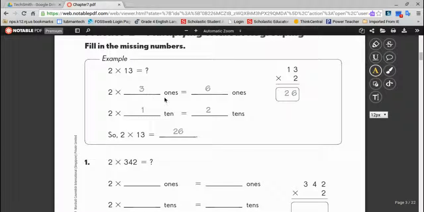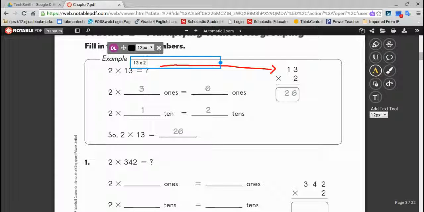Okay, in our example right here we have 2 times 13, and again it's hard to multiply like this, so what they do, if you notice, is that they write it up and down right over here. So they write it up and down, and instead of doing 2 on top and 13 on the bottom, they do actually 13 times 2, because they're the same exact answer. So over here, instead of doing 2 times 13, what they're really doing is 13 times 2, because you get the same exact answer. So over here in 13 times 2, what you want to multiply first is your ones